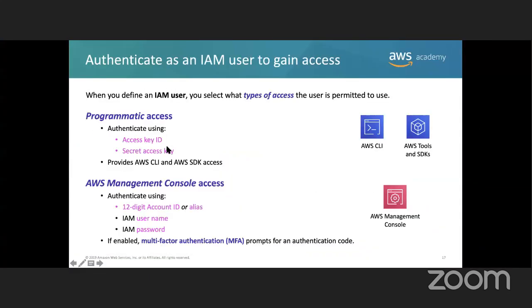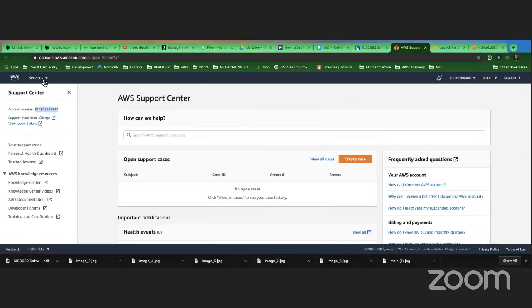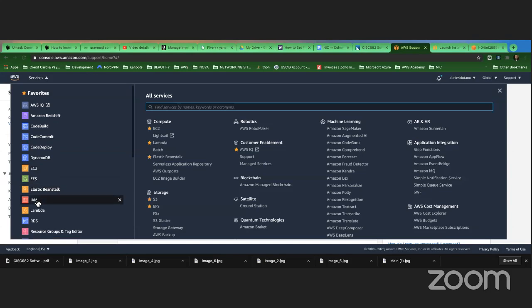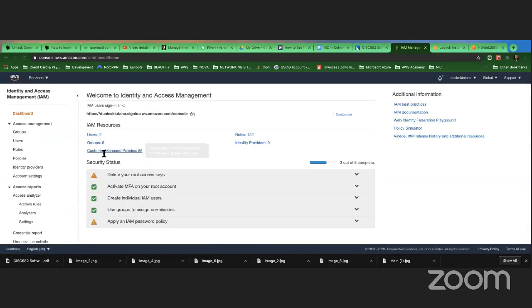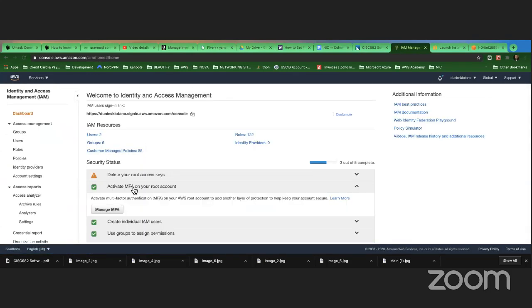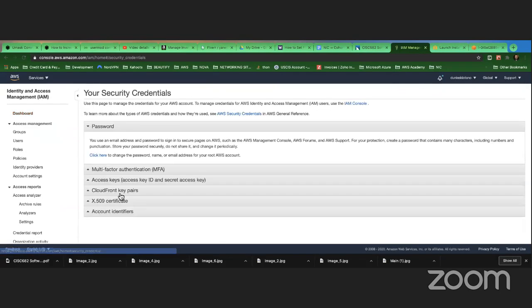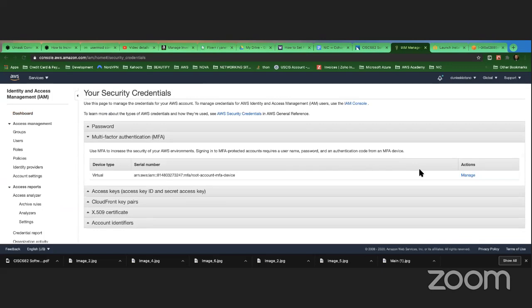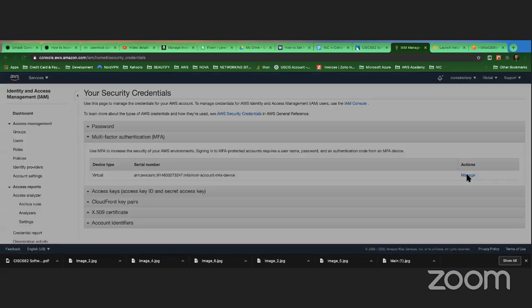All right, so you need an IAM username, an IAM password, and also, if you have multi-factor authentication, then you can access that. Here, if we click on IAM real quick, guys, multi-factor authentication, you can activate this and manage the MFA here, and manage the device.